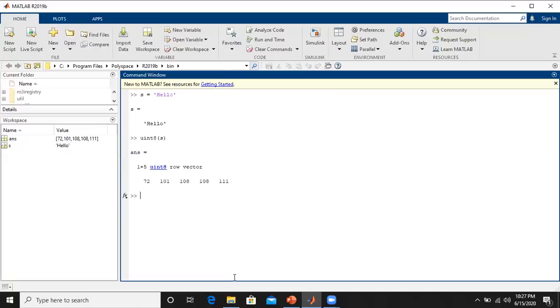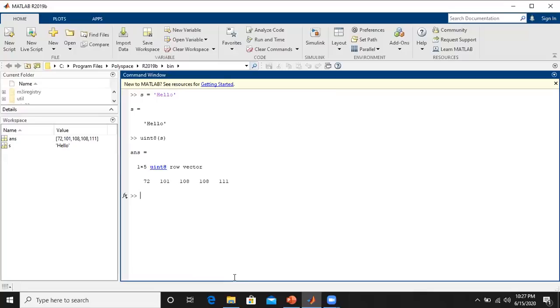Then it converts into the numerical values. That means H stands for 72, E stands for 101, L stands for 108, 108 respectively, and O stands for 111, right? So these are the numerical values which are equivalent to the ASCII codes of those corresponding characters.